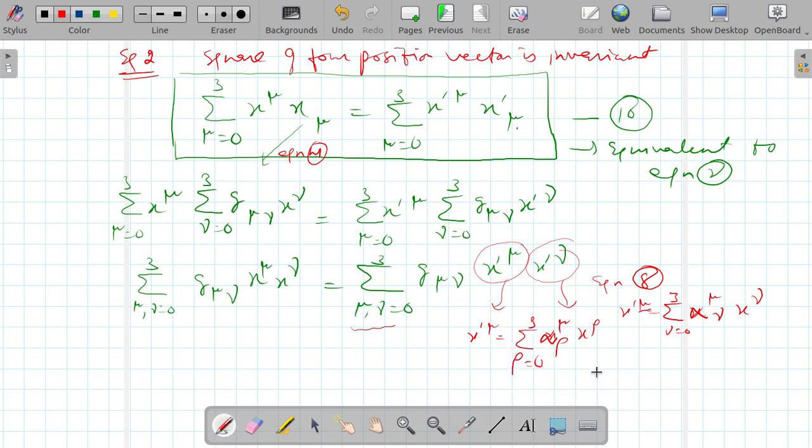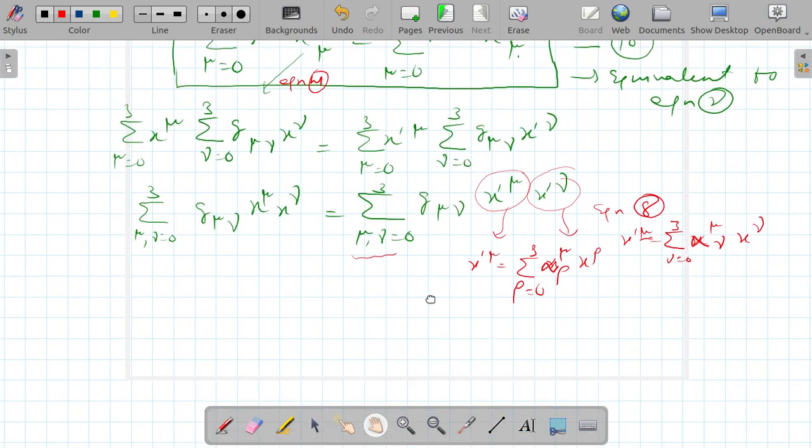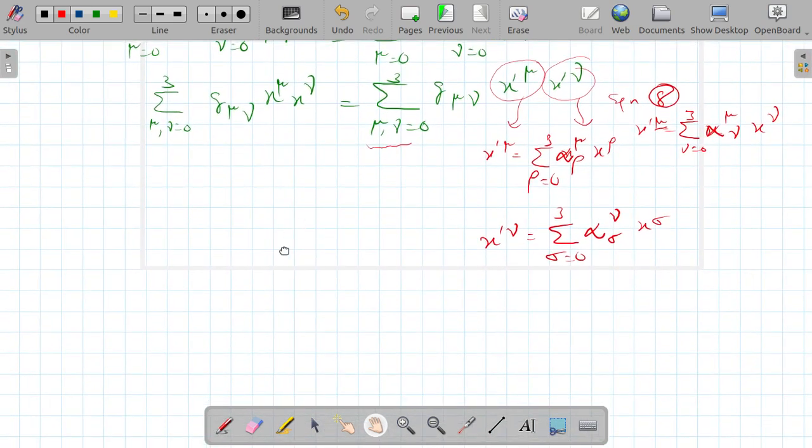And similarly I can use x prime nu as the summation over sigma from 0 to 3 of alpha sigma nu x sigma. If I use these two values in this equation, then this equation can be written as,